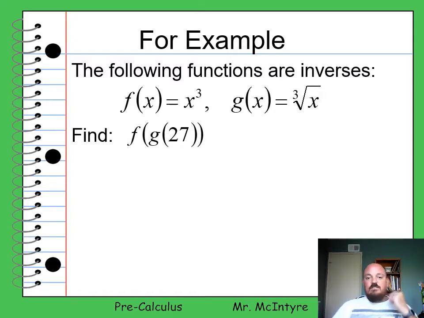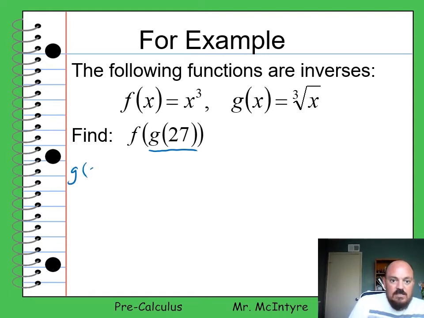So let's find f of g of 27. And what that means is, what I'm asking you to do here is find this one first. Find g of 27 first. Then when you get that answer, if that answer is 10, plug 10 into f of x. So we're going to do this in two steps. I'm going to say g of 27